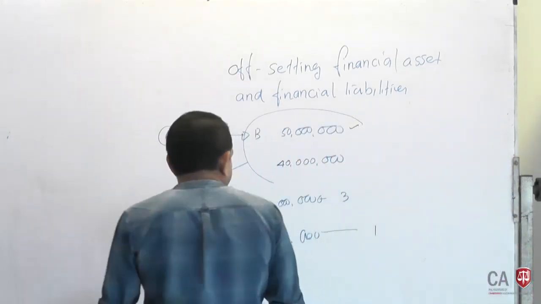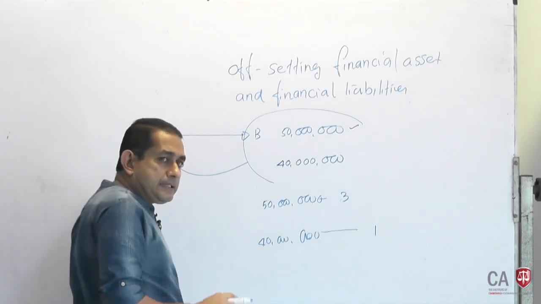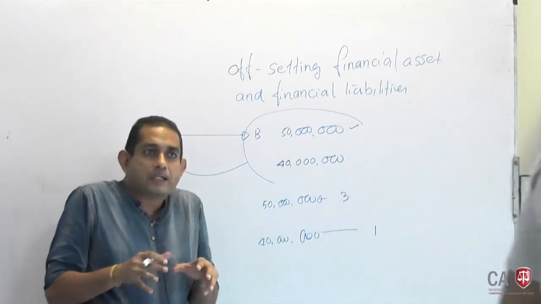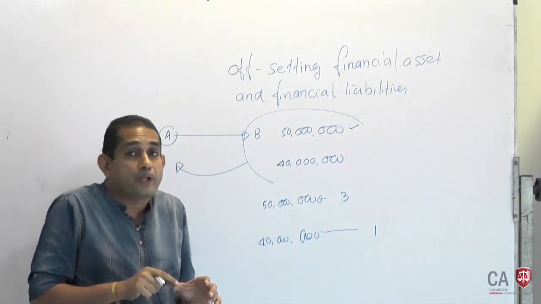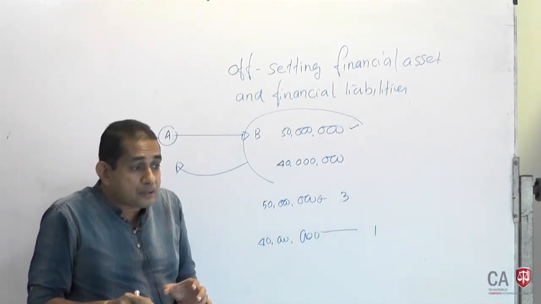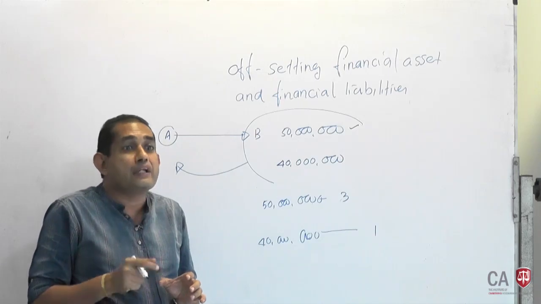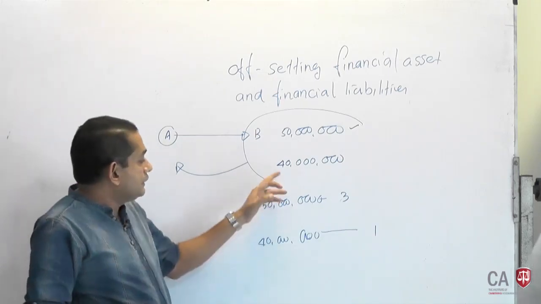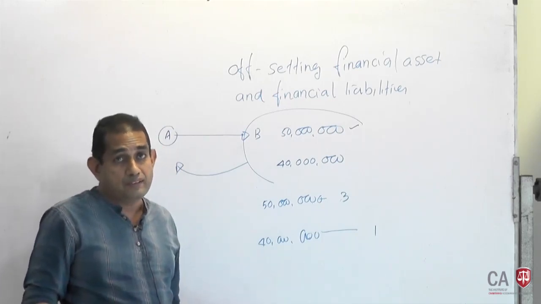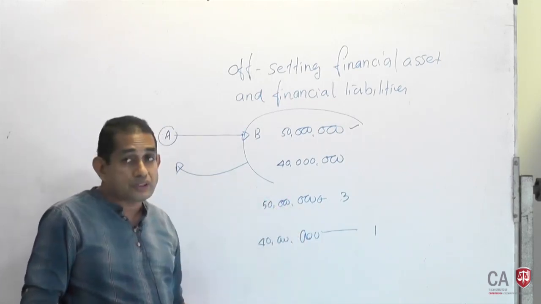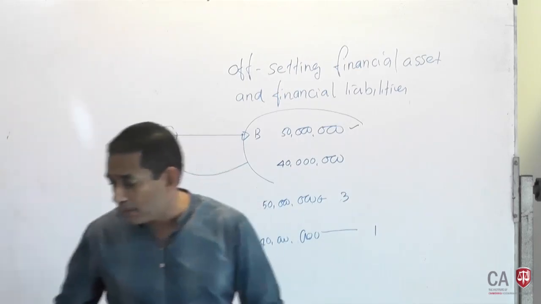So, these separate disclosures are required for cash inflows and outflows of assets and liabilities where there are different amounts, different timings and different risk levels. Here the amounts are different, timings are different, risk levels are different. So, separate disclosures are required, but let me take a contrasting example.